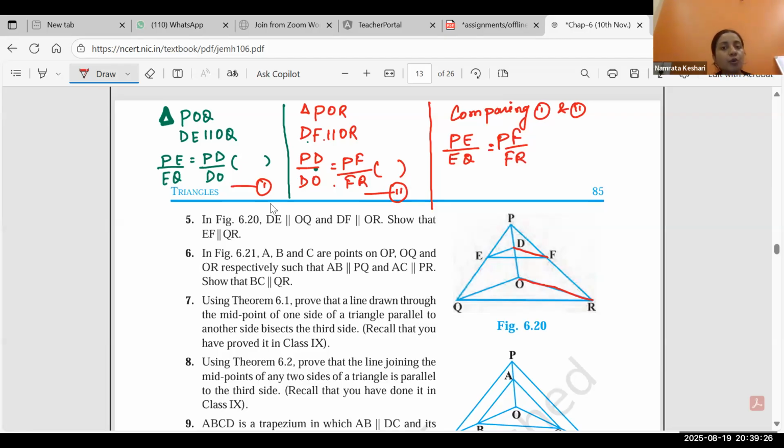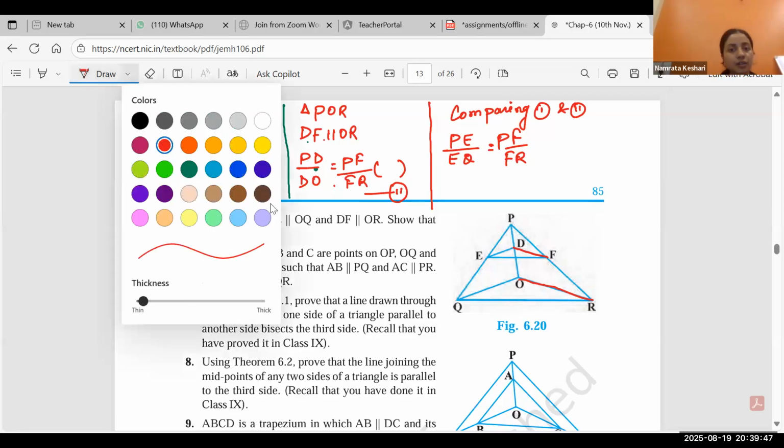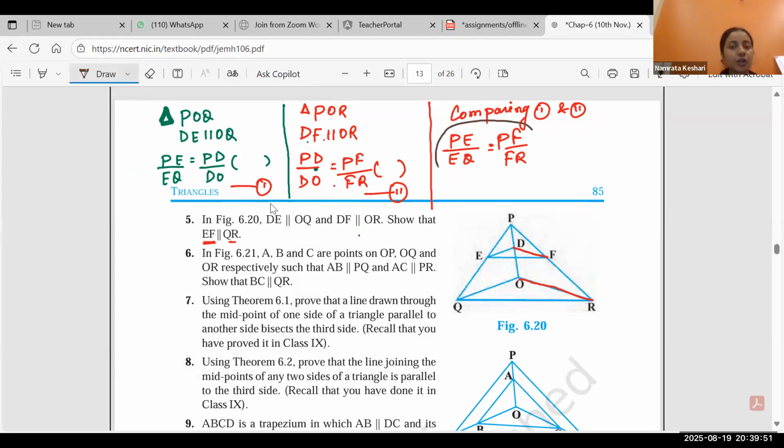Now we don't have to prove this one. Till question number 4 we were done till here, and that is what it was asking. But here it is not asking to prove that this ratio is the same. It says prove that EF is parallel to QR. Let me highlight the resultant ratio which we are having in hand. PE, the brown color, EQ, the brown one,